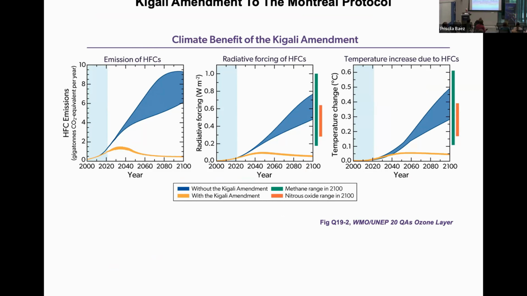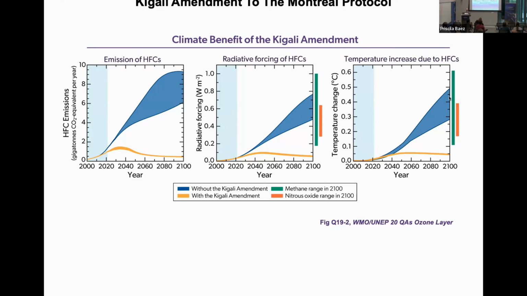So if you have a heat pump in your home, it likely has an HFC in it. We're replacing them with gases that have a fragile chemical bond in the middle that causes them to decompose when released to the atmosphere. They're called olefins. It's going to save us a whole lot of warming in the future.